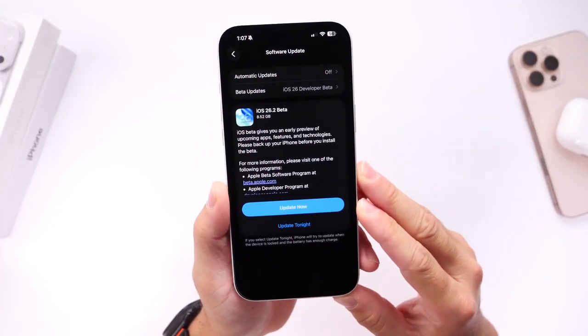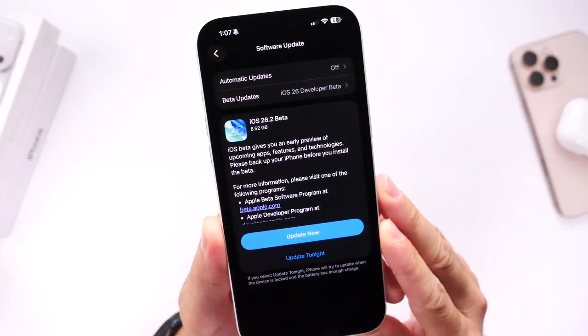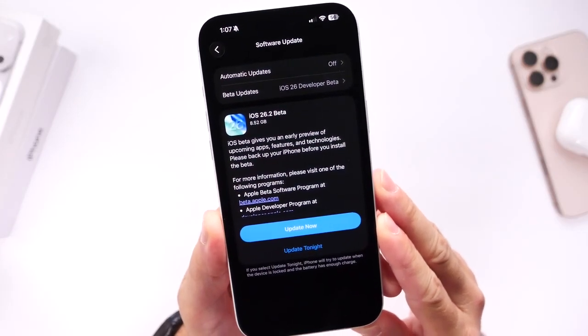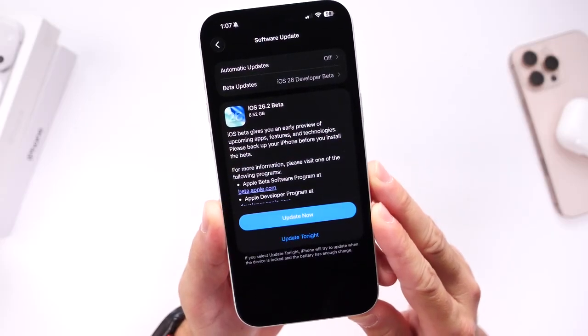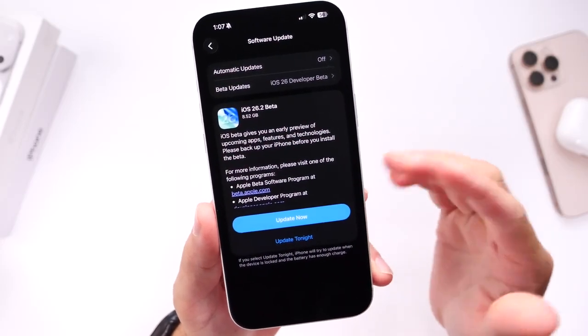Either way, guys, that about brings an end to this video. iOS 26.2 is shaping up to be another great solid update coming to the iPhone shortly. I'll continue digging around the software and testing this software in terms of battery, performance, and everything else in between,